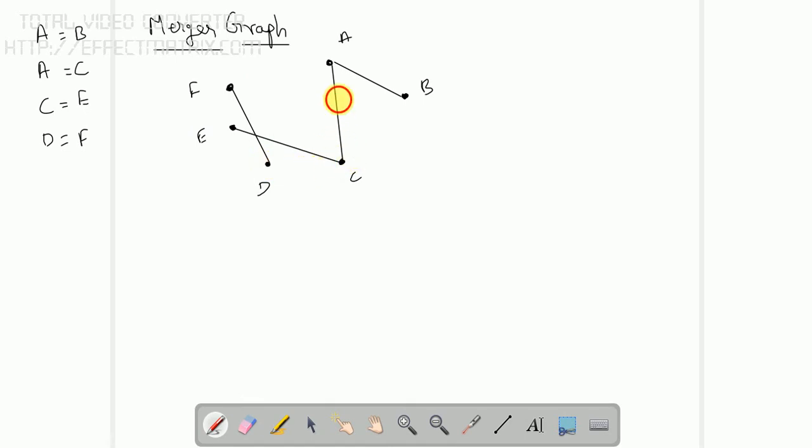But when I cut this line, A and B will be existing, C and E will be existing, D and F will be existing. So in that case, we can remove this line. My ultimate aim is that I should not miss any state, as well as I should reduce the lines in order to reduce to 3 state values. That is, A is equal to B, C is equal to E, and D is equal to F. Now from the 4 states, I reduce to 3 states.